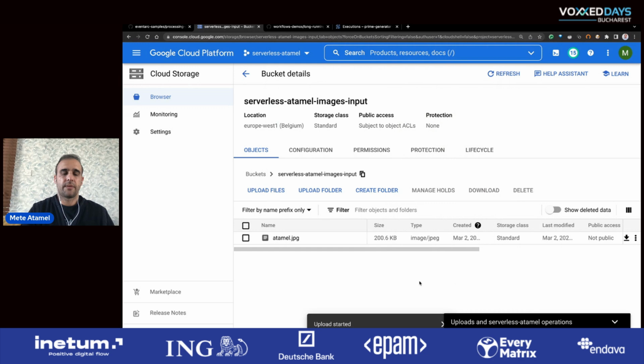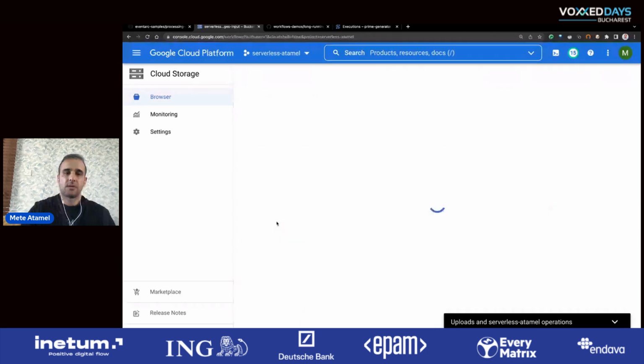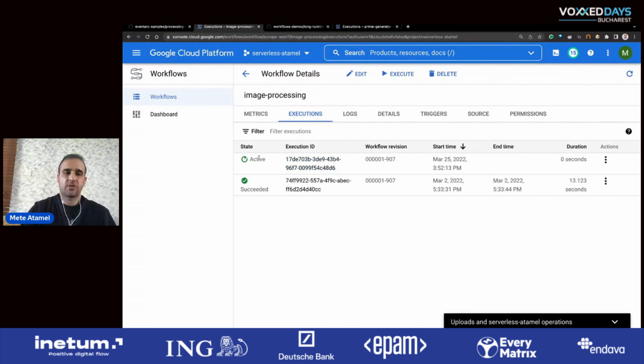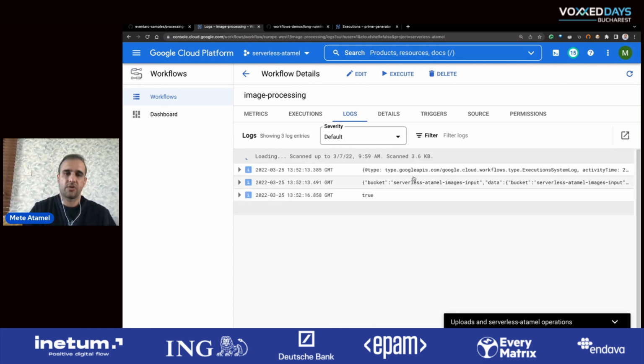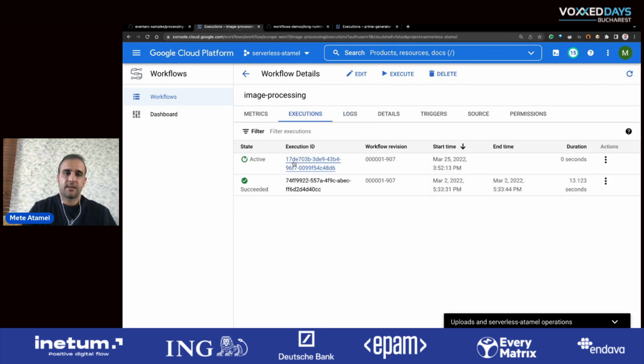This is uploading. And as this is uploading, let's go back to workflows and see what happens. So now the picture is uploaded. And if you look here, there's an execution that's active. So it's running right now with all the steps. And if you look at the logs, we should see some logs here. Maybe logs don't load right away, but here you should be able to see some logs of your execution. See, I see my bucket, my event, but this execution, it's still active. Once it's done,